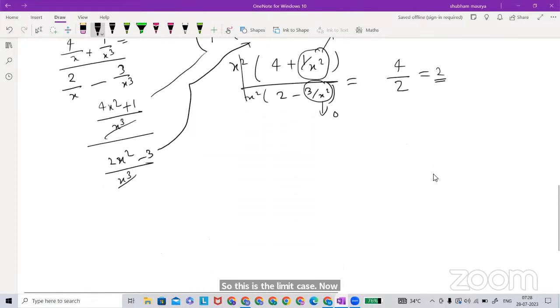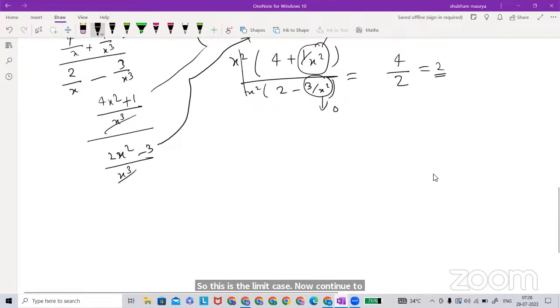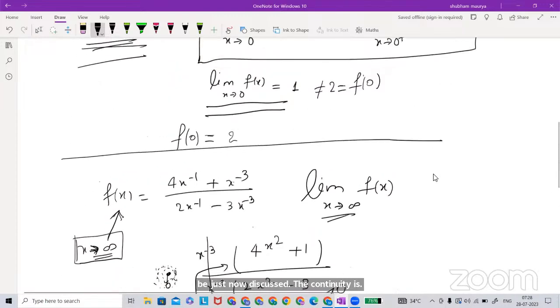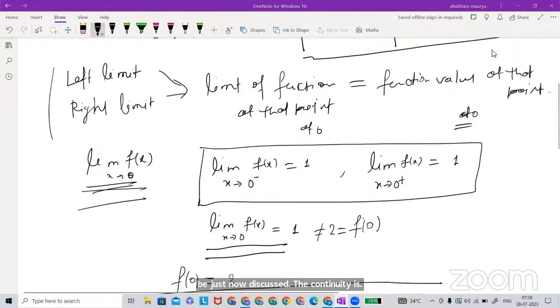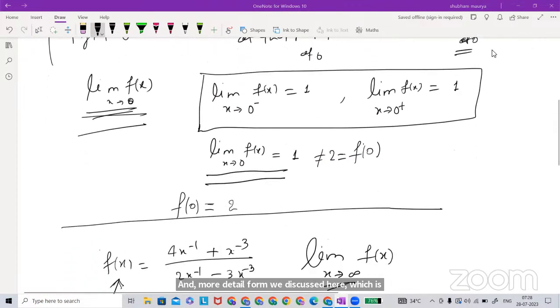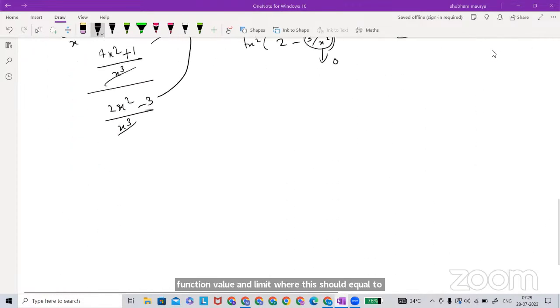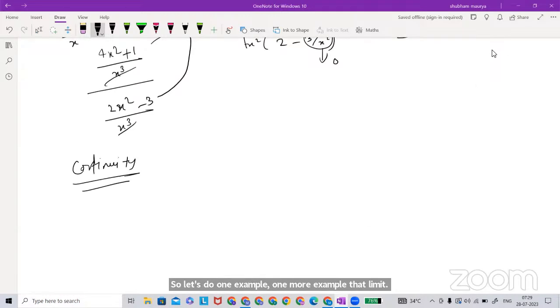Now continuity we just discussed. The continuity in more detailed form is that the function value and limit value should be equal. So let's do one more example, so that we understand continuity. Let me take an example, let's assume f(x) is equal to